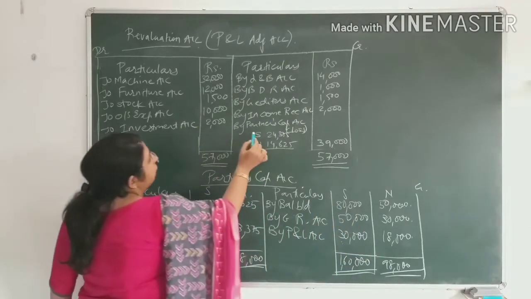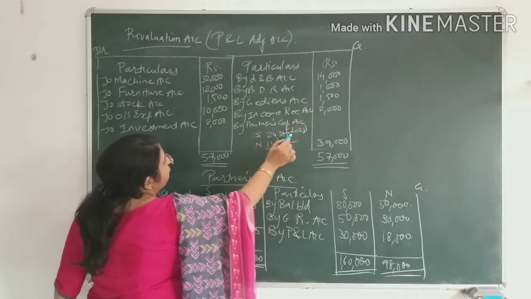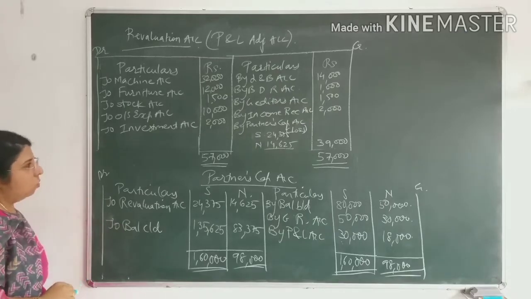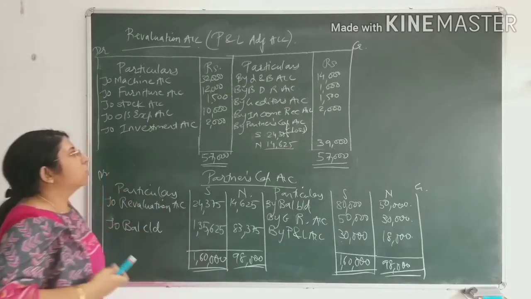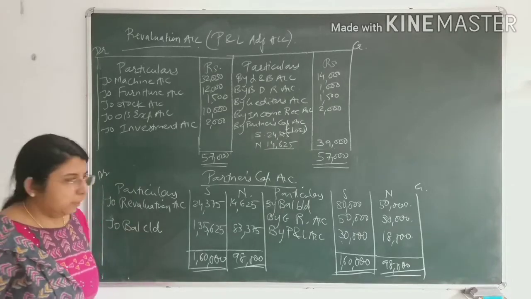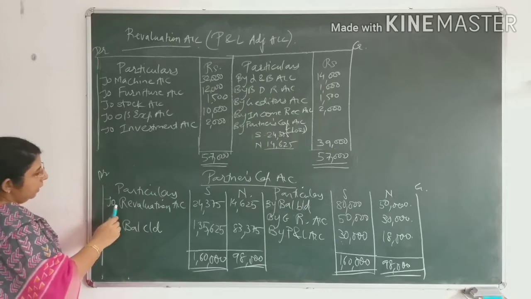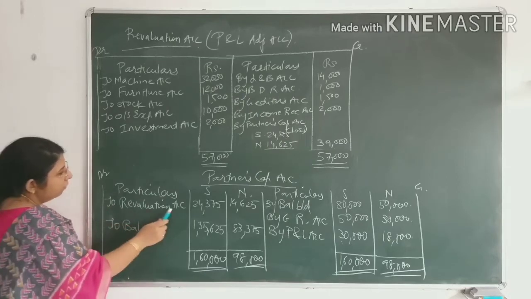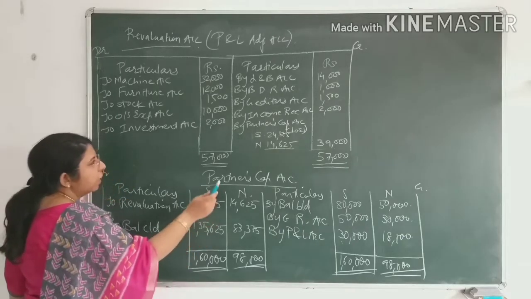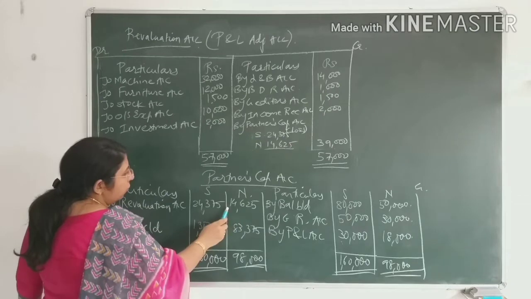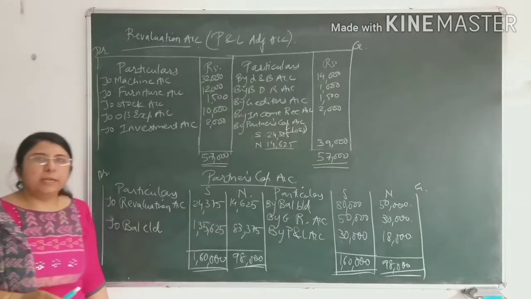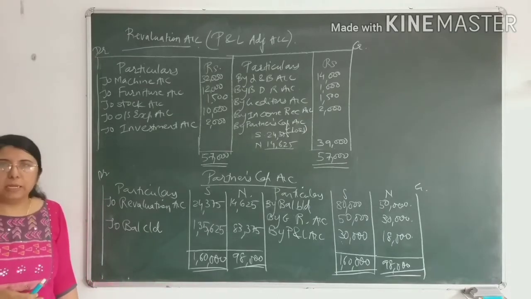Now, whatever profit or loss occurred in the revaluation account will be transferred to the partners capital account. The entry we had discussed was partners capital account debit to revaluation account credit. So in the partners capital account, we write the name of the opposite party, that is to revaluation account, in the column of Sajan you will write 24,375, and in the column of Nirmi, you will write 14,625. So after completion of all the entries, again you will close the partners capital account and you will find the difference.